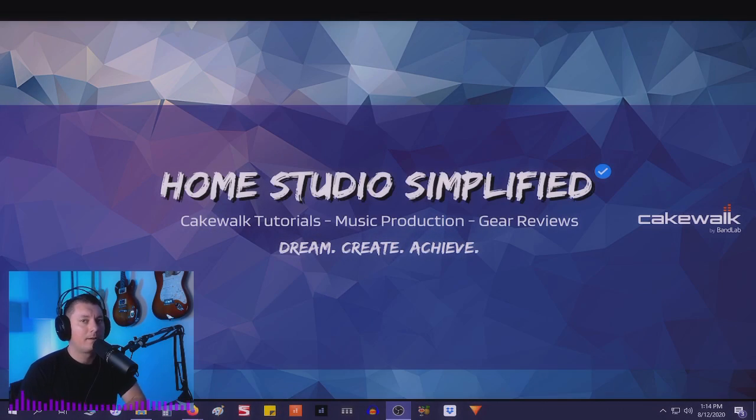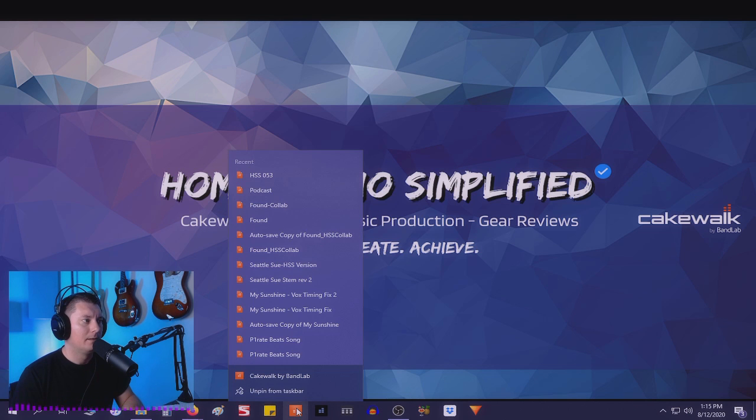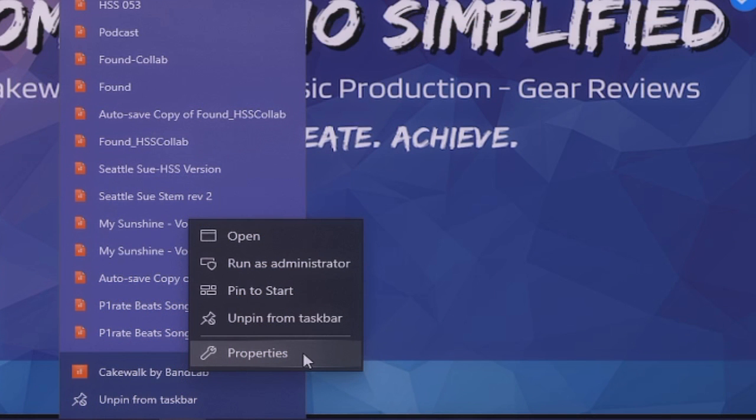Okay, and the next step we're going to talk about is setting up your permissions for the Cakewalk by BandLab app. So you can see if I go to the desktop and I right-click on the icon here, and then right-click on this area that says Cakewalk by BandLab, it actually opens up the option to run as an administrator found here. However, if I would like to make this a set it and forget it option, I can simply go to Properties,